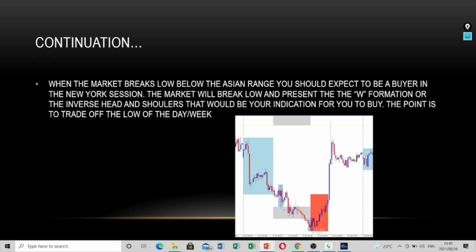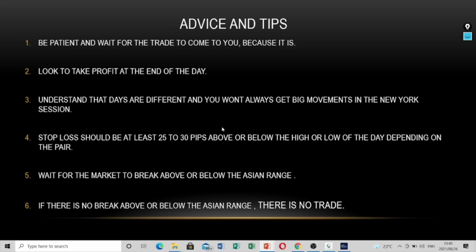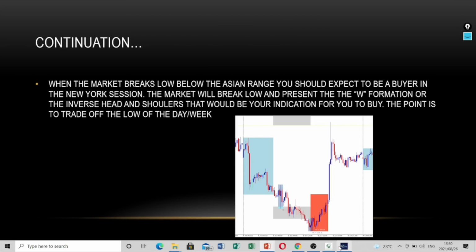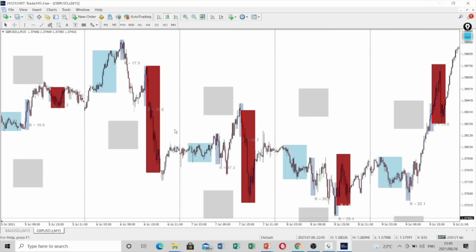the picture below. As you can see in the picture below, the blue box, you can see clearly London taking it further down below the blue box, and you can see the W forming out in the New York session. And you can see the big impulses, big bullish impulses to the top after the W has been formed just after the session ends. So to show you guys exactly how it looks like, I'm gonna be on my MetaTrader